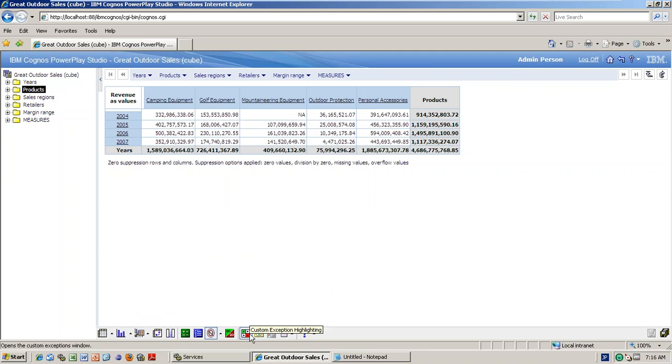This is called custom exception handling. So if you consider that this value shouldn't be more than this, that will be your exception. That exception value, if you want to see it as a red color, say if any of the sales customers sold any product less than maybe 200 products per month, that type of situation you can easily track by using the custom exception highlighting, because your eyes will directly go to a particular area.